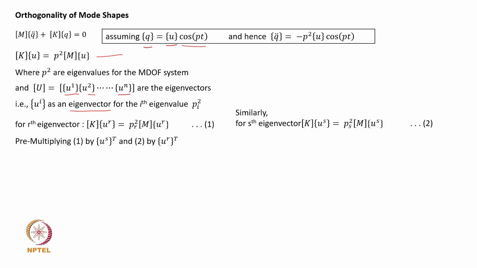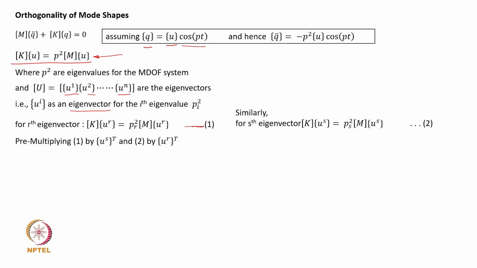And now if we pre-multiply this equation, considering that you take only the rth mode eigenvector, that is ur. So in this particular equation, if you take only the rth modal vector ur, then the equation is given by this equation. Okay. And if you pre-multiply by us transpose,